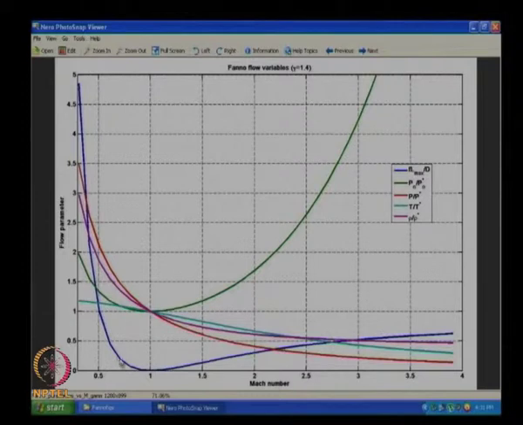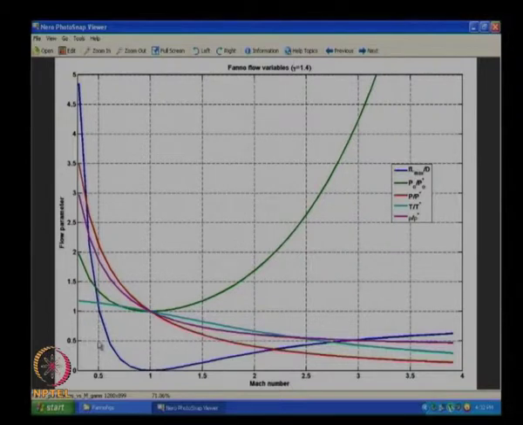And one more thing I forgot to talk about is in the 4 f L max by D problem, for a given L max I may have two solutions, subsonic and supersonic, up to some Mach number only. Beyond that point, if I keep on going to very high Mach number, 4 f L star by D will never probably go past 1. Even if I go to Mach 20, it is not going to go past 1.